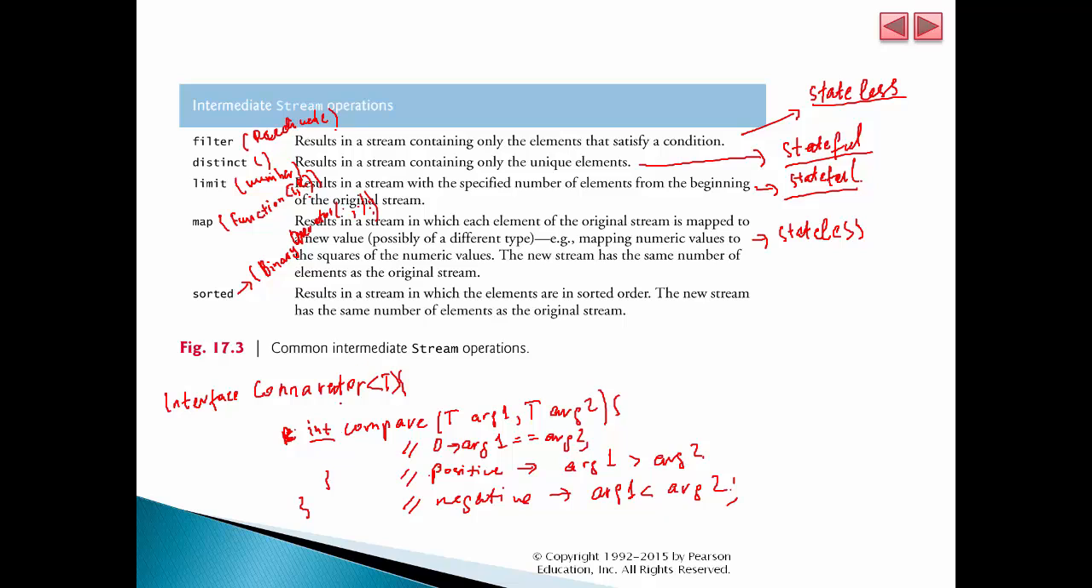So this comparator is just another functional interface which can be implemented as a Lambda function, right? Because it just has a single method called compare, and it can be implemented. This SAM can be implemented as